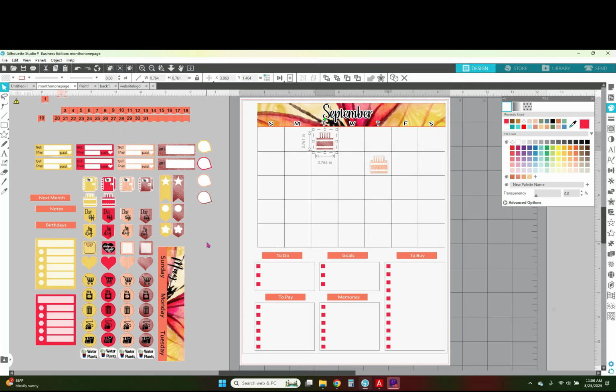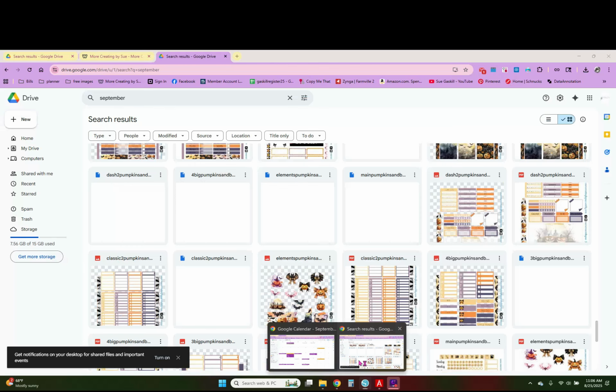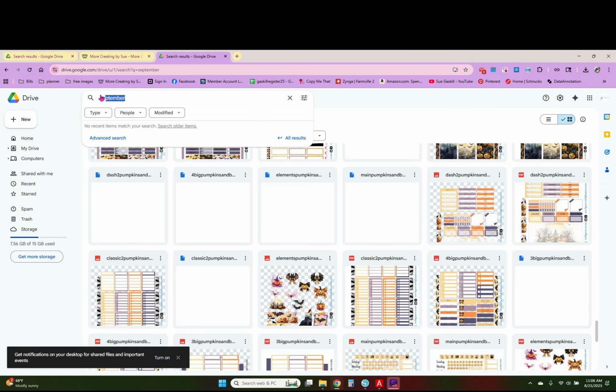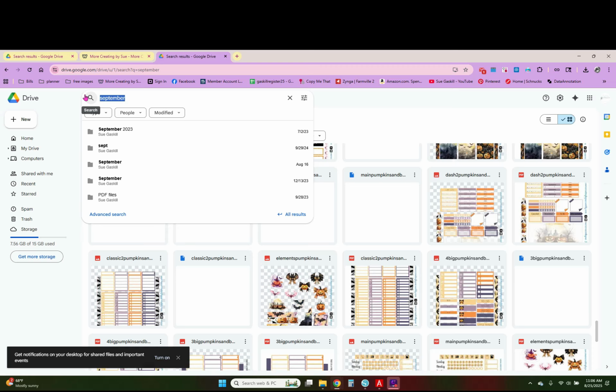Okay. And then I don't really put appointments on here because I put those on my weekly pages. So I don't really worry about that too much. So now what I can do is start putting some decorative stickers on there. Now I don't really have a lot of decorative stickers with this set because this is just a very functional thing. So what I'm going to do is go back to my stickers and find some